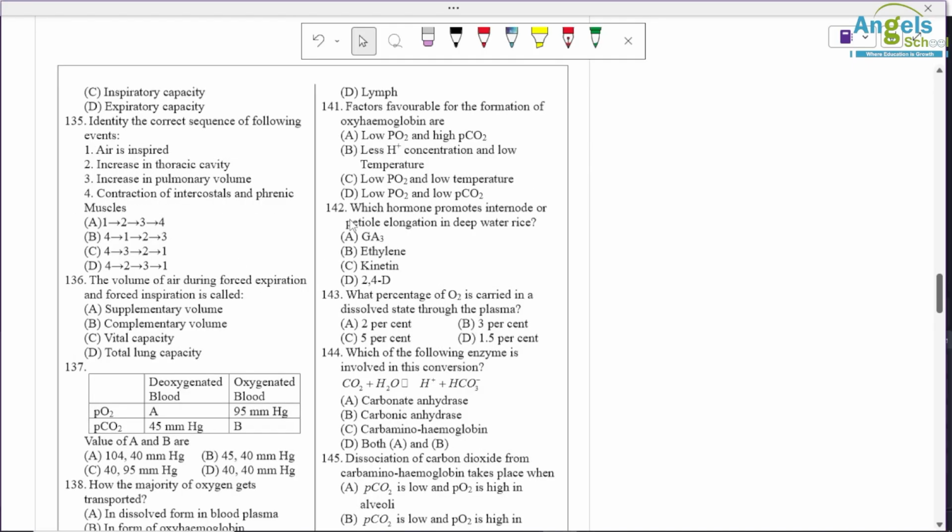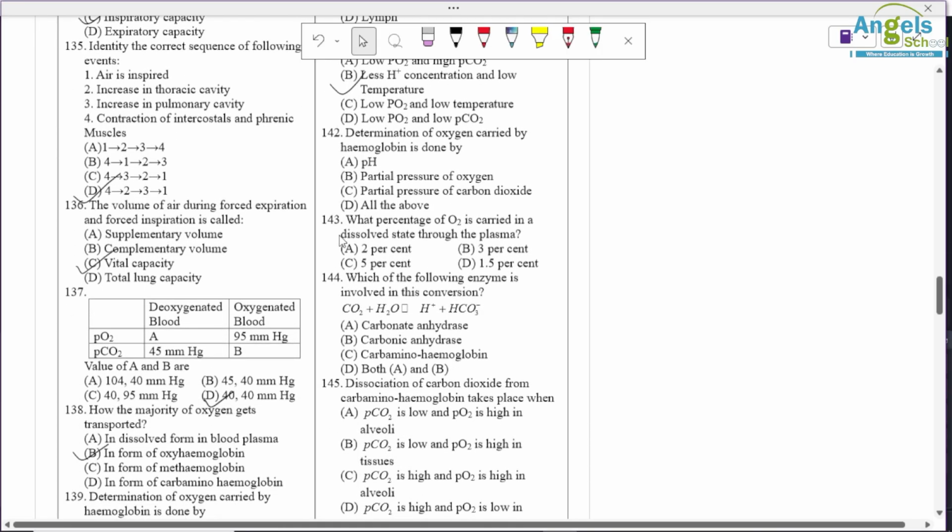Question number 142. Which hormone promotes internode and/or petiole elongation in deep water rice? So for deep water rice we use ethylene. So the correct answer is B, ethylene. Question number 143. What percentage of oxygen is carried in a dissolved state through plasma? Okay, so only 3% oxygen is dissolved